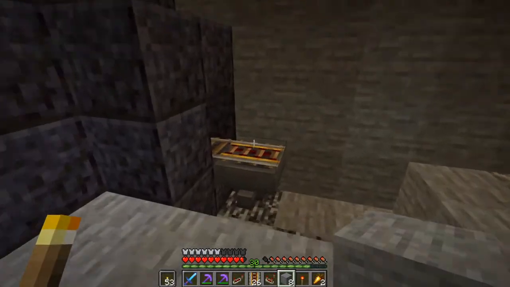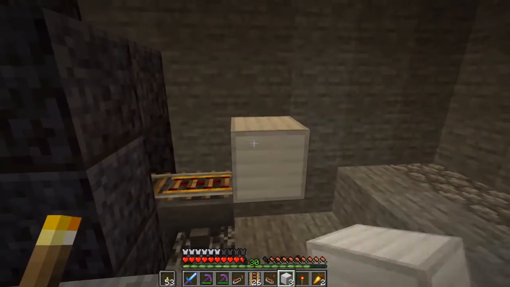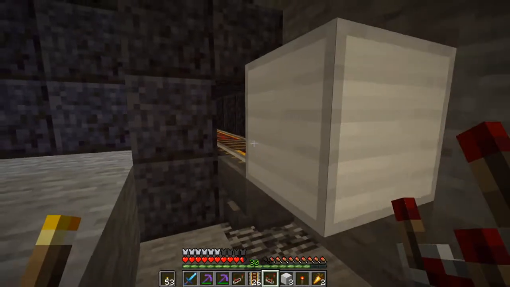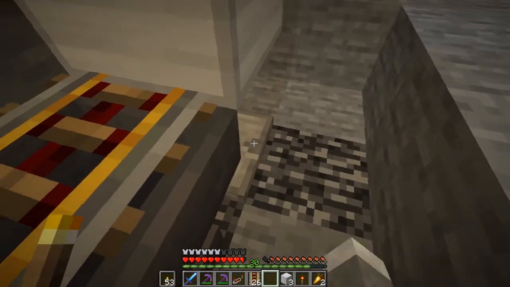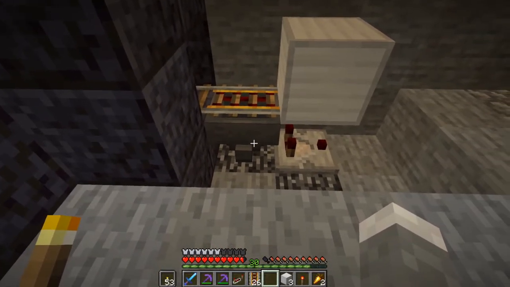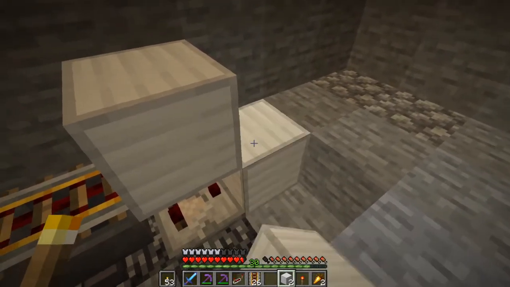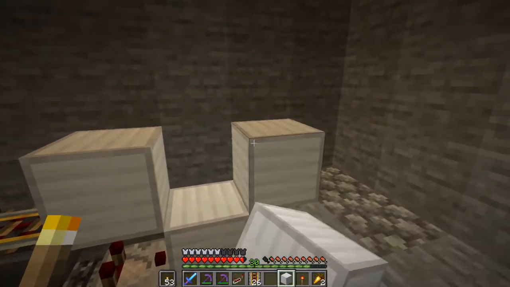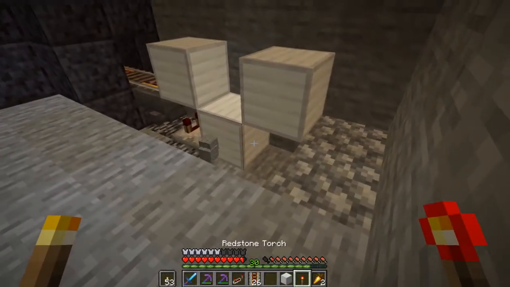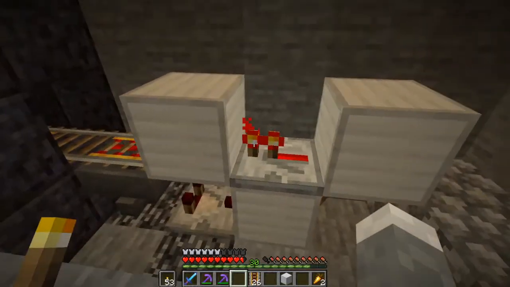Now that we've got that hopper with the rail on top, we're going to take our block of iron. We're going to put it right here. We're going to take our comparator. We're going to face it the way that the rail cart comes in going. We're going to place it down directly next to the hopper. This is going to detect if there are items inside of this hopper. After we've done that, we're going to take a block. We're going to place it just like so. And then we're going to place another block right there. Okay? Finally, we're going to take a redstone torch, place it on the side of that block, and then we're going to take our repeater and place it just like so